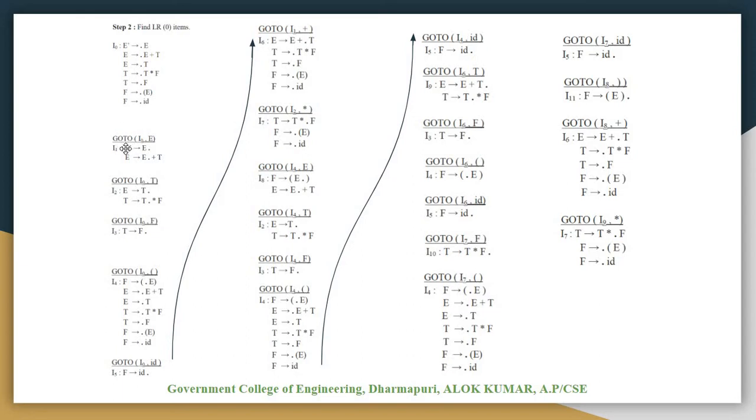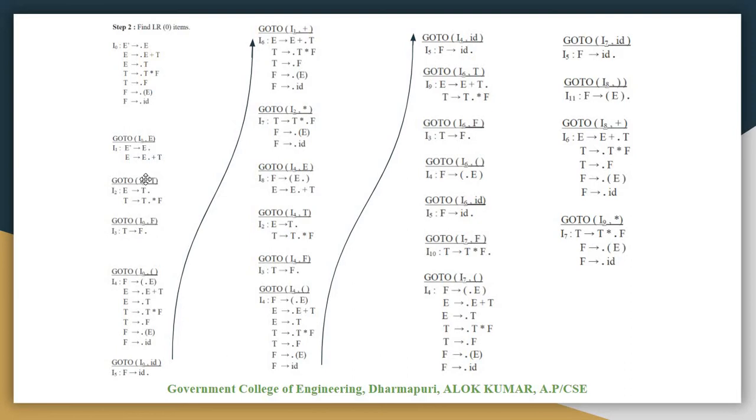Okay, I0. Now we will find the goto. Goto of I0 comma E. How are we going to do this? I1: E dash generating E dot. The dot will move one step. And another one, E generating E dot plus T, because we have taken goto of I0 comma E, for I0 and this non-terminal E. Here the dot is moving further. Okay, so this one we have seen for E.